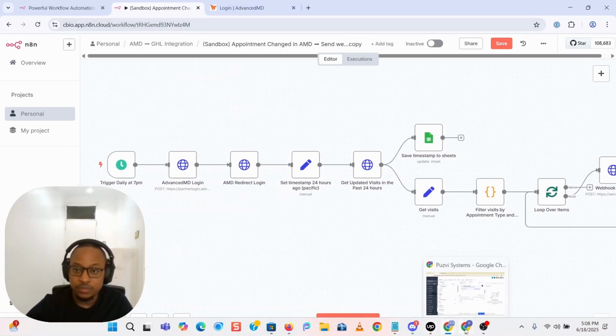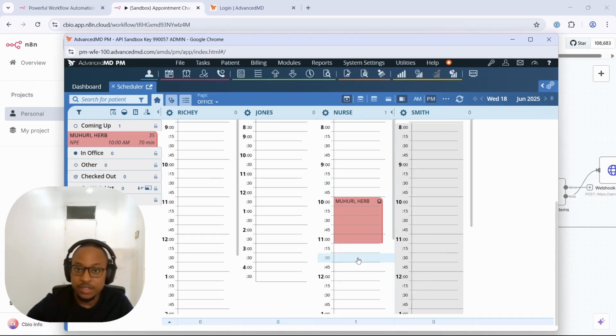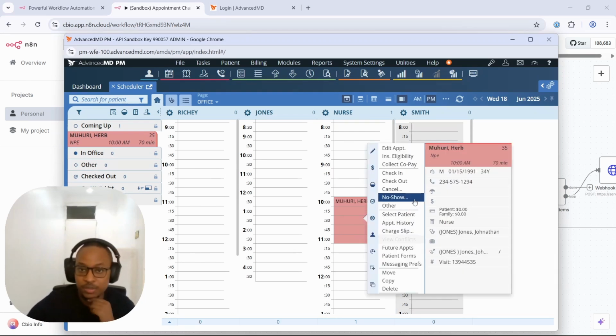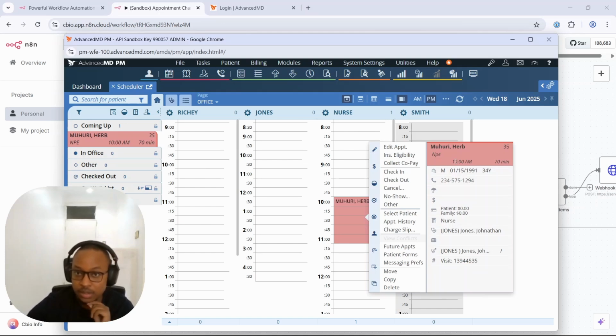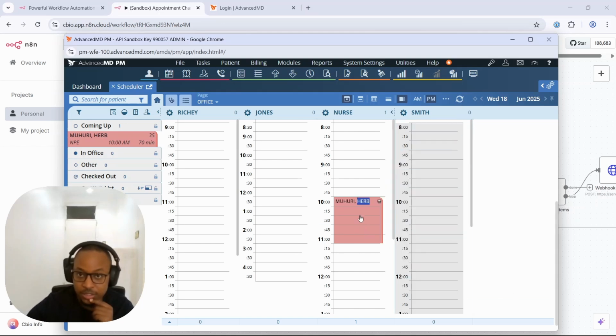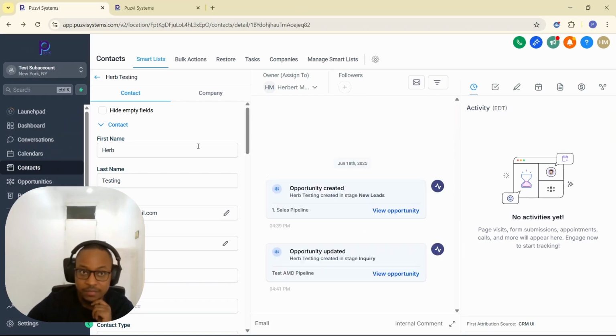If we go over into AdvancedMD for a second, into our sandbox account, you can see that I've created a test appointment or visit with my test name, and the appointment type is NPE or new intake. We use NPE as the appointment type for new intakes. And if you look in GoHighLevel,